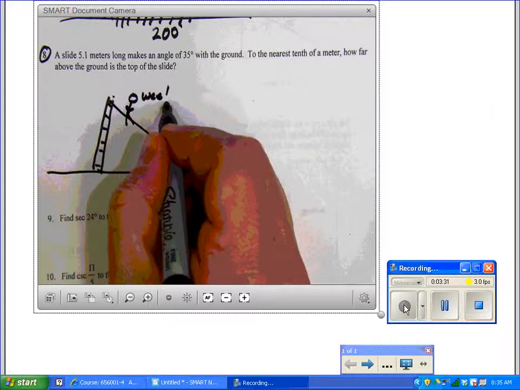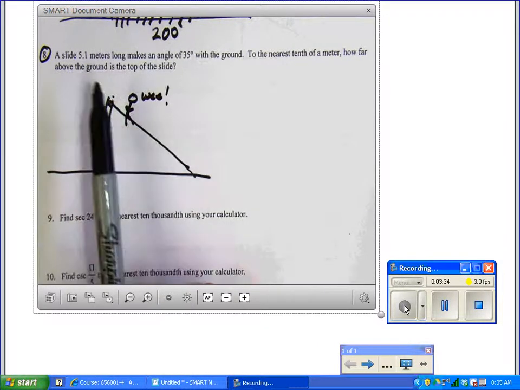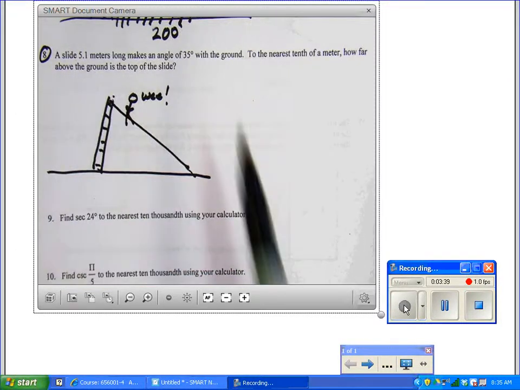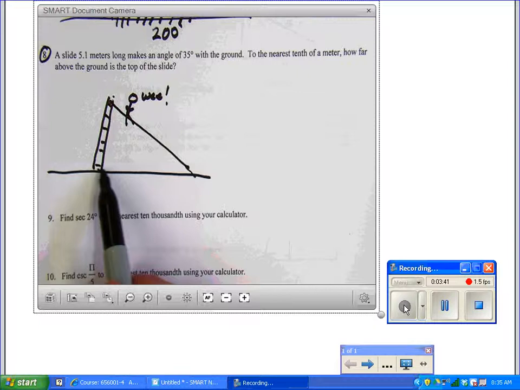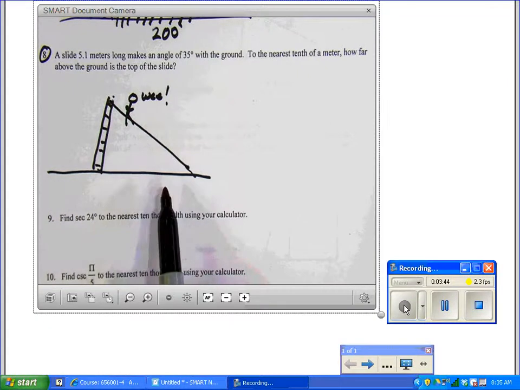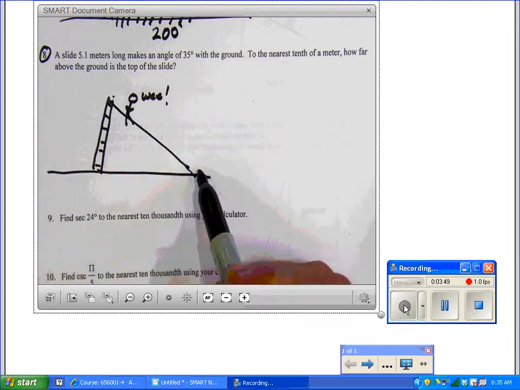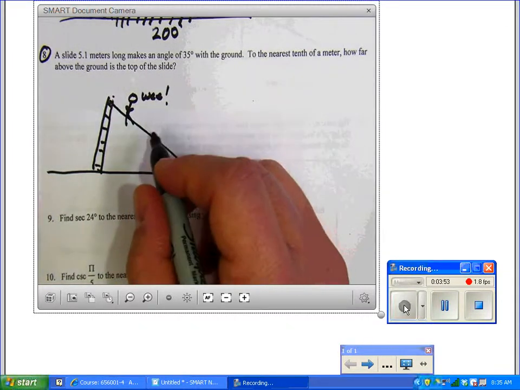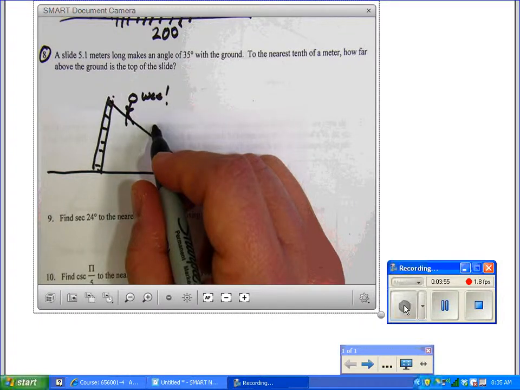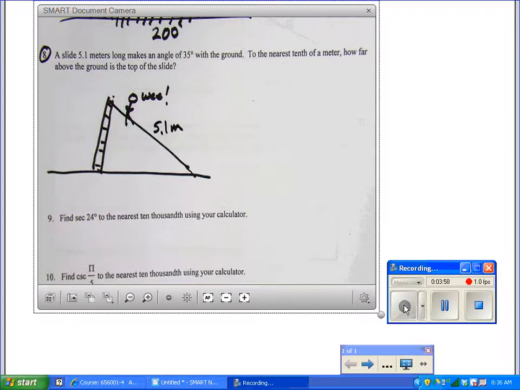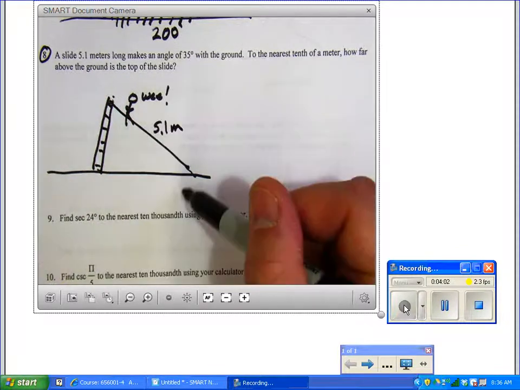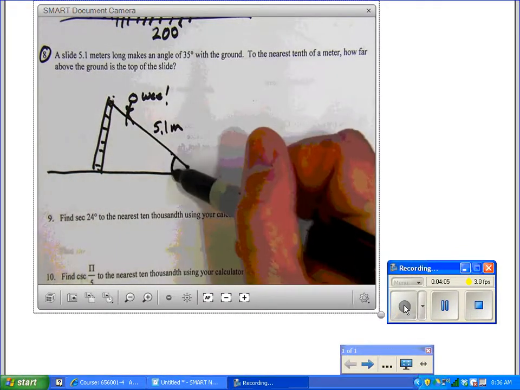Okay, now let's fill in our measurements here. The slide is 5.1 meters long. A lot of us put the 5.1 meters down on the bottom leg. But if we're talking about the slide part of the slide, that's the slanted part. So that's really going to be the hypotenuse here. Now, it says the slide makes a 35-degree angle with the ground. So here's the ground, here's the slide part, so there's my angle,